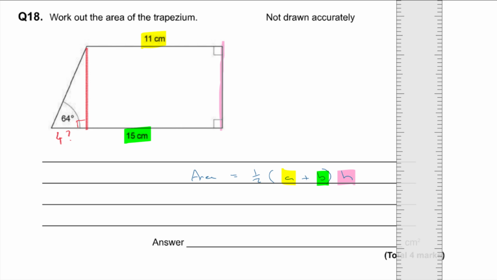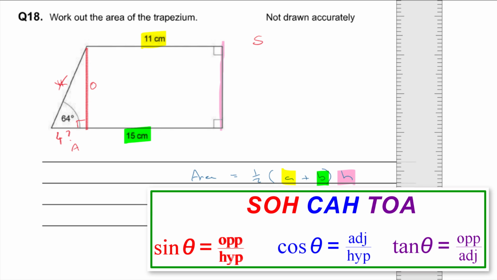Now that is the adjacent. This is the hypotenuse, that's the slant height. But for the trapezium, we want that height, don't we? We want the opposite. We want the height of the trapezium, not the slant height. So we want the opposite here. We don't want the hypotenuse. We know the adjacent. So using SOHCAHTOA,